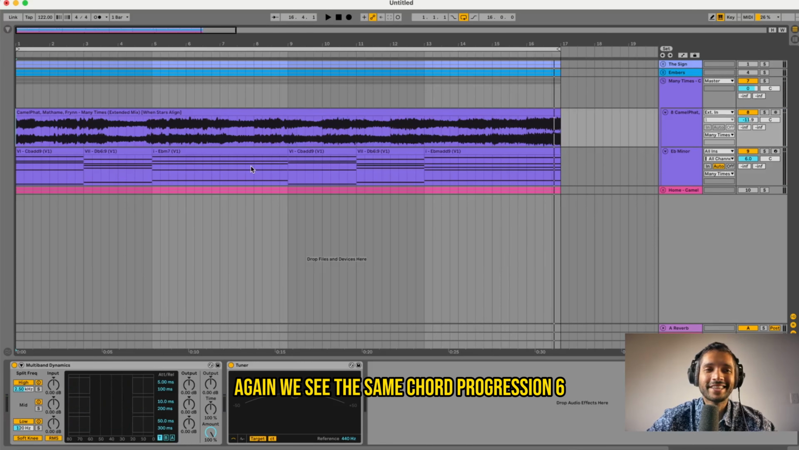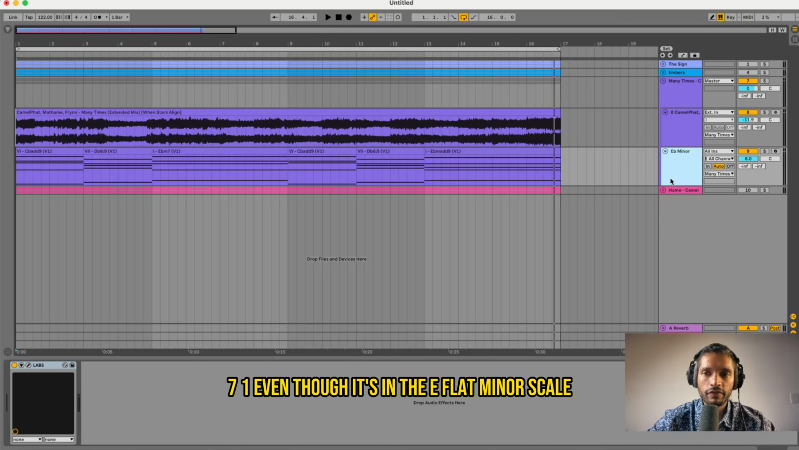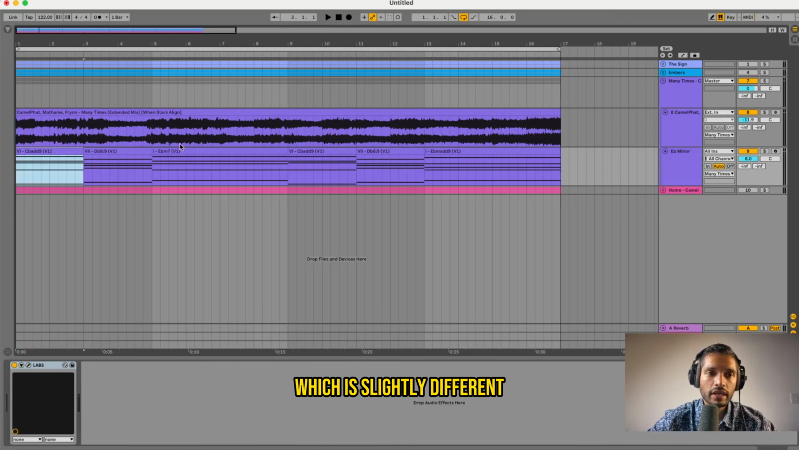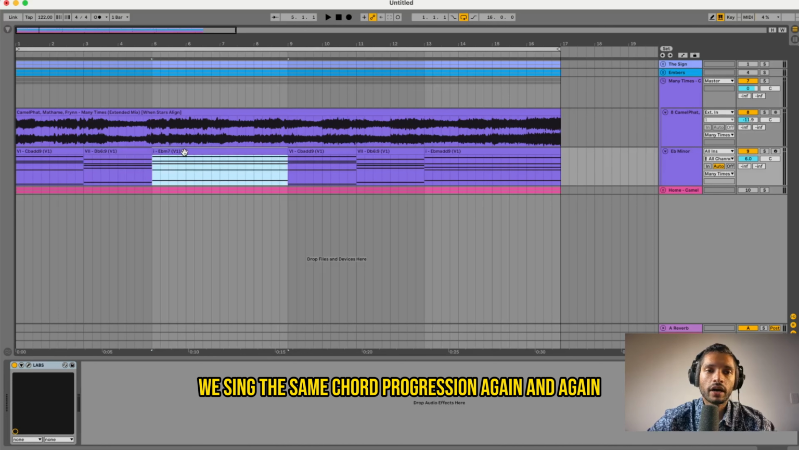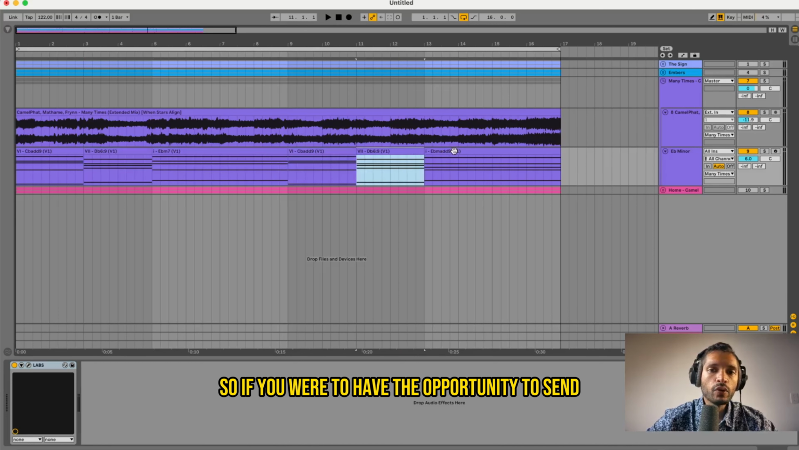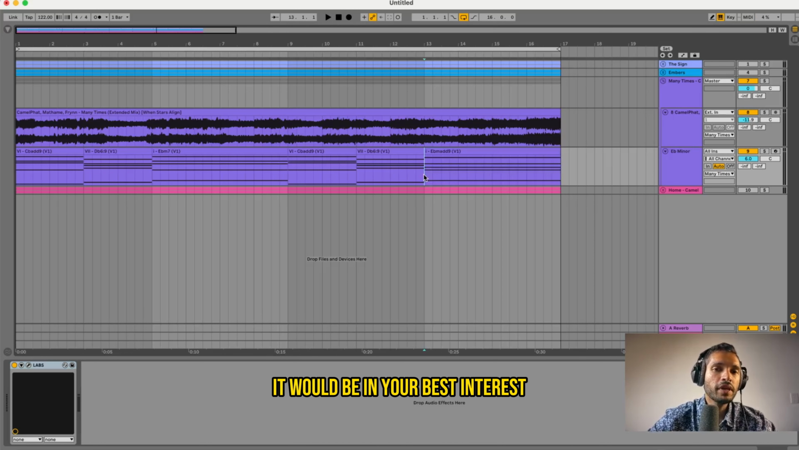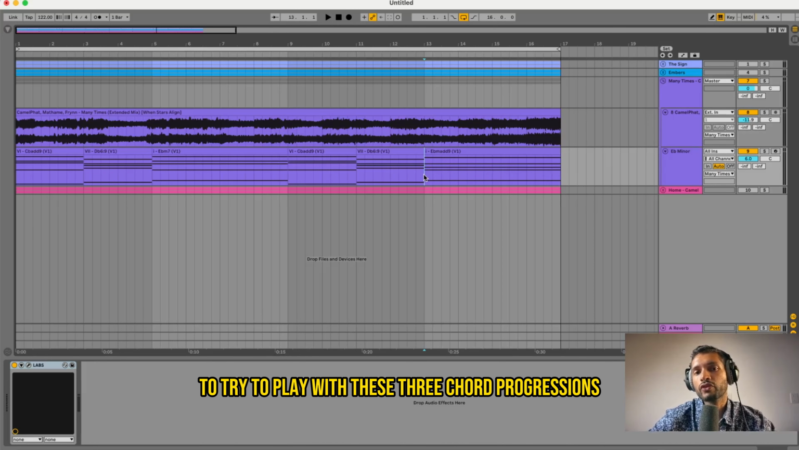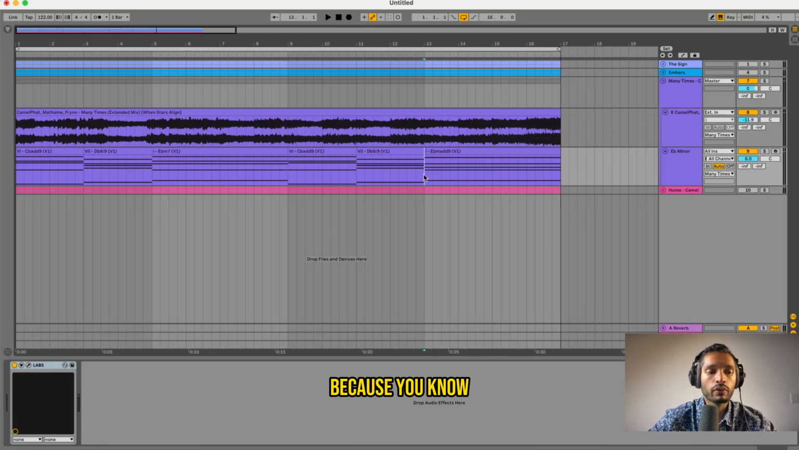Again, we see the same chord progression, 6, 7, 1. Even though it's in the E flat minor scale, which is slightly different, we're seeing the same chord progression again and again. So if you were to have the opportunity to send music to When Stars Align, it would be in your best interest to try to play with these 3 chord progressions, because you know that they are the